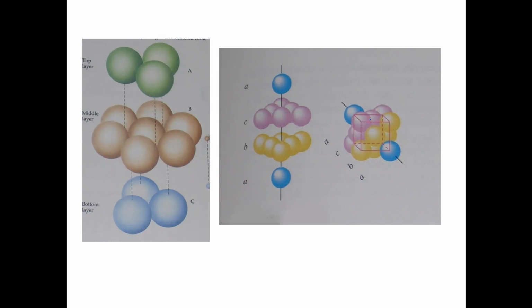And similarly, the top face is visible. Blue and this violet, this yellow, violet, they form a square, and this one is at the center of the face. And the back face is not visible. The right side face is not clearly visible, and the bottom face is not clearly visible.